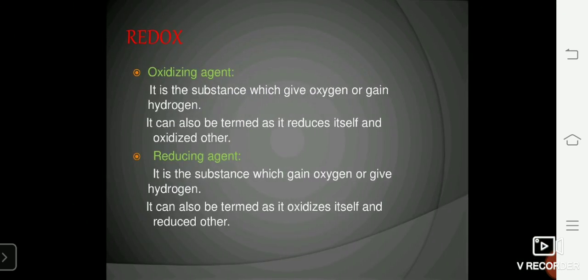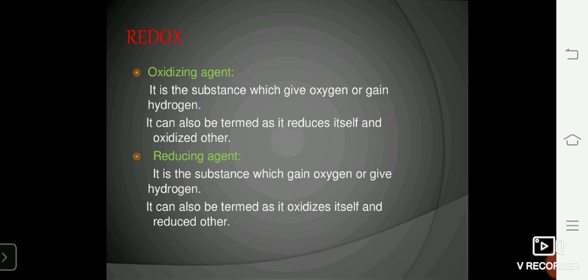In the next class, I'm going to summarize the lesson, wherein I'm going to take some of the question answers from your textual part. As an assignment from your book, you have to write down all the five definitions of the reaction. Which are those five definitions? First one is combination. Second one is decomposition. In decomposition, you have to write down three definitions, that is for thermal decomposition, electrolysis, and photolysis.